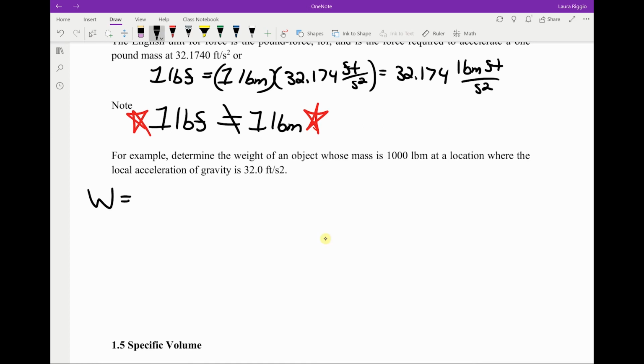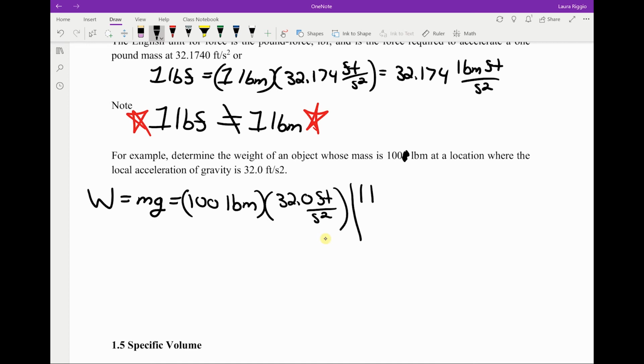Well, my weight is equal to my mass times gravity, which is equal to, no, this is 100, sorry, there's a mistake right here. 100 pound mass times 32.0 feet per second squared. Note that my units right now are in pound mass foot per second squared. I would like my answer in pound force, so I'm going to say that 1 pound force is 32.174 pound mass feet per second squared,